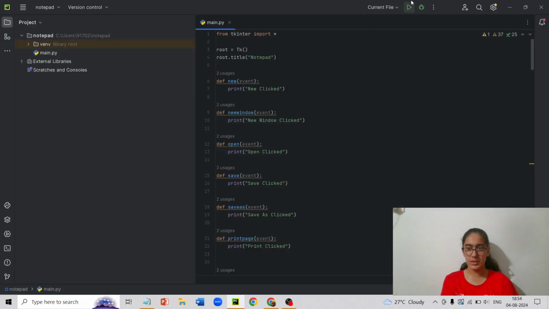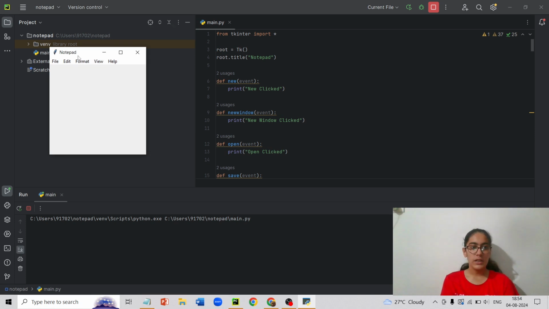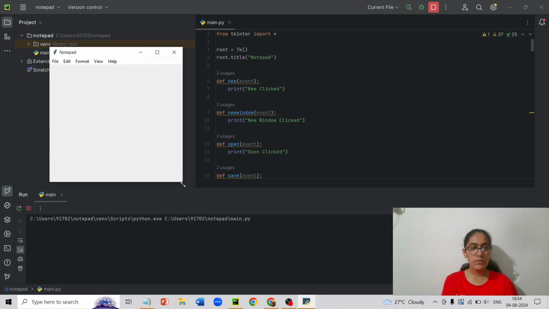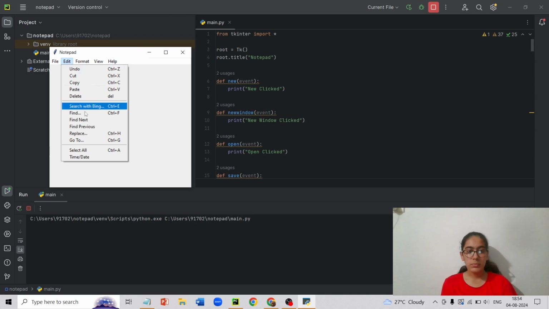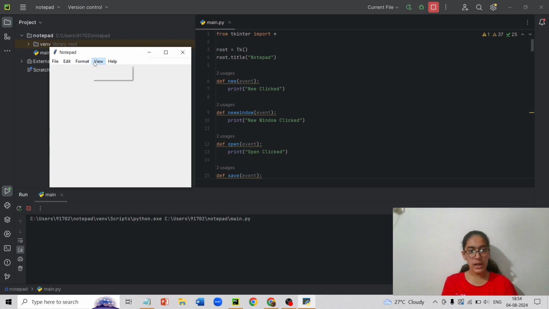I will first show you how this works. We have this Notepad over here: File, New Window, etc. Then we have our Edit, etc. Format, View, inside Zoom we have all this. Then we have Help. Now can you see this page? File, Edit, Format, View, Help.